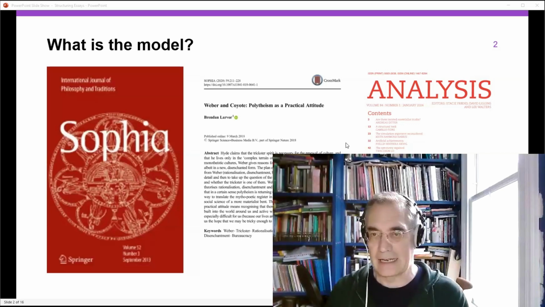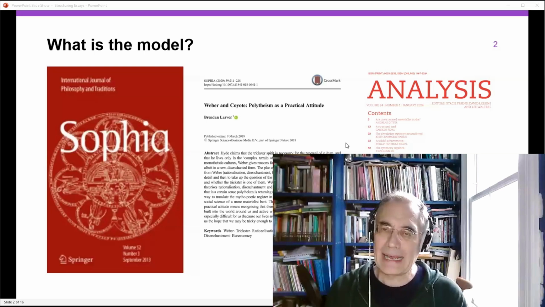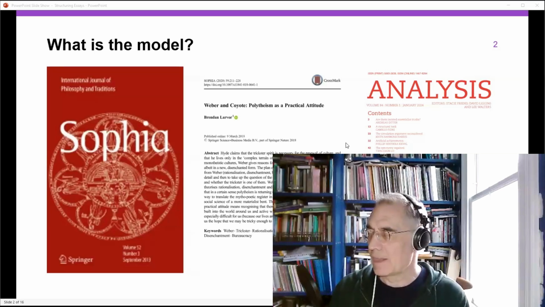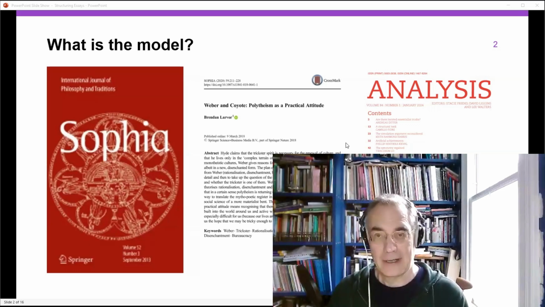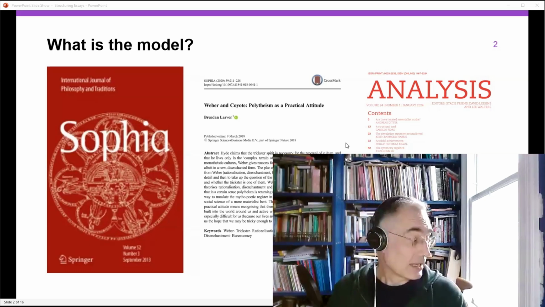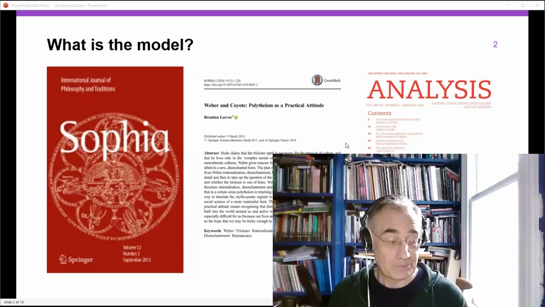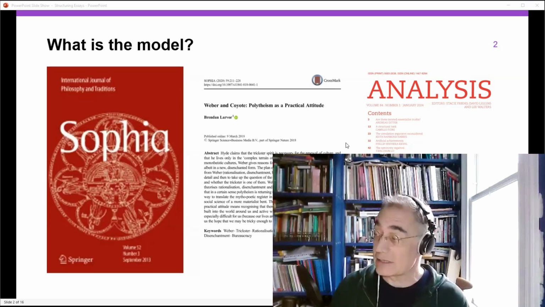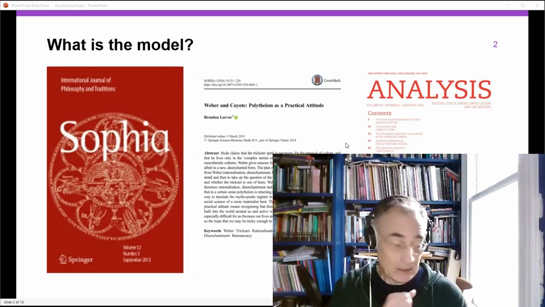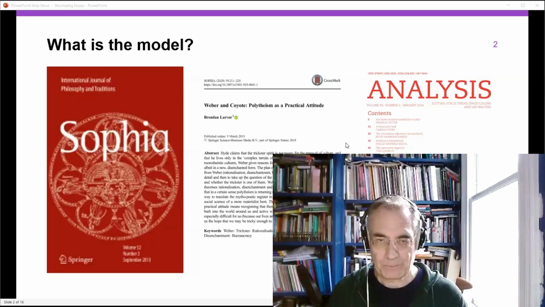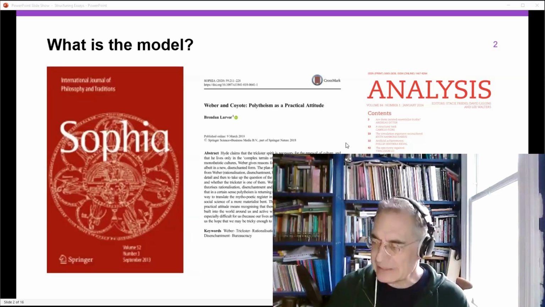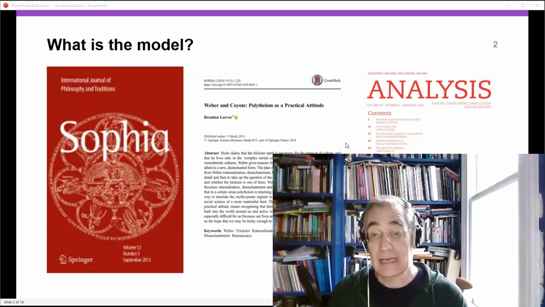So I've got on the slide here a few examples. I brought up Analysis particularly because Analysis is a journal that specializes in short, clear articles. I mean, there are some academic articles that go on and on. Analysis is a journal that specializes in the short ones. Now, a lot of this stuff is paywalled, but a lot of it isn't. There's increasing amounts of free-to-air academic writing, and if you're serious about getting good at this, then you need to have a look at some